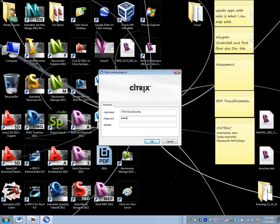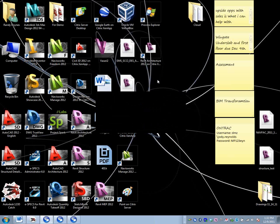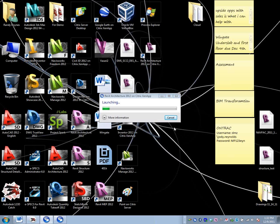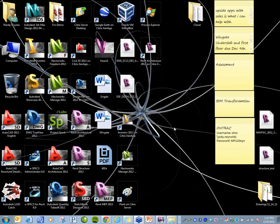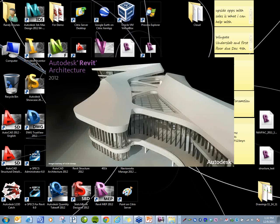If I can remember what it is. Hit enter. And now what it's going to basically do is start to connect to our Citrix environment that we actually have in-house. And it's going to allow me to run Revit right from my laptop, my tablet, or even my phone